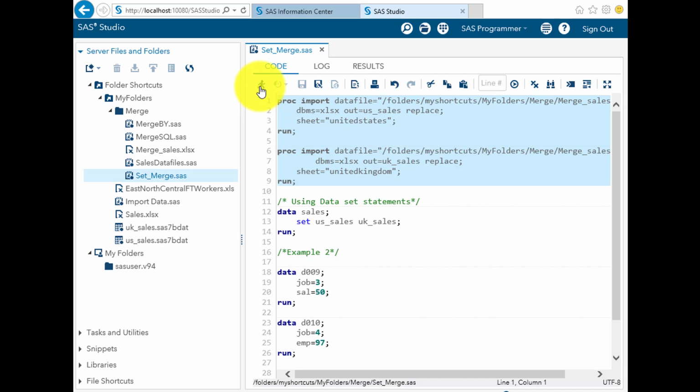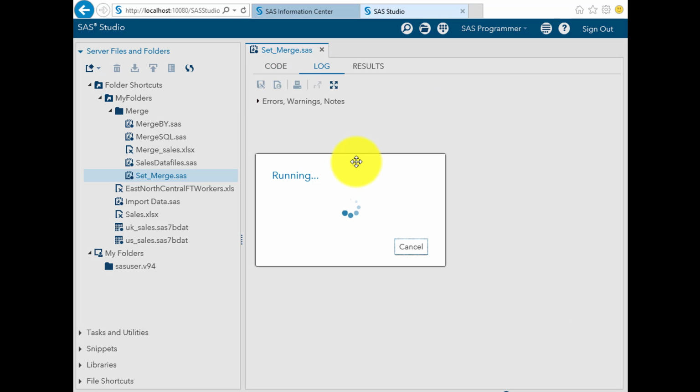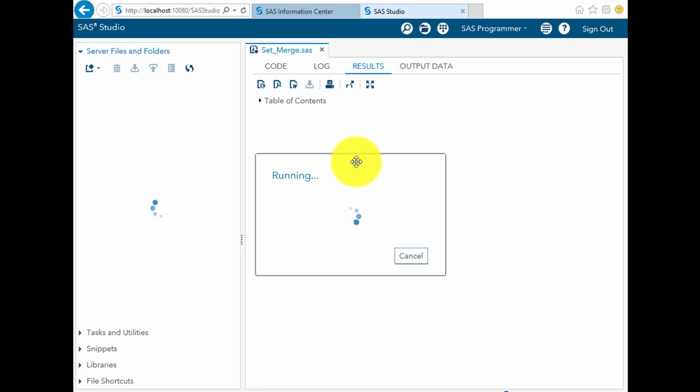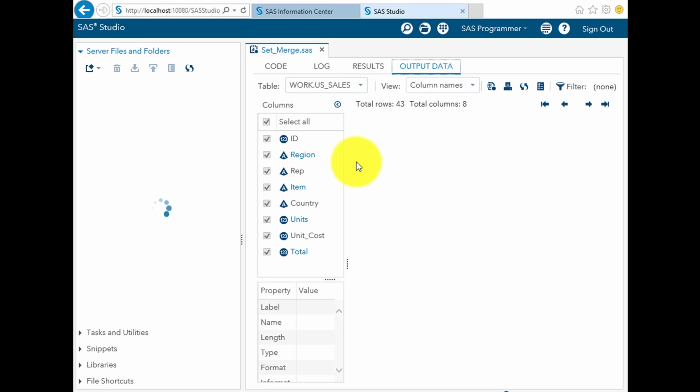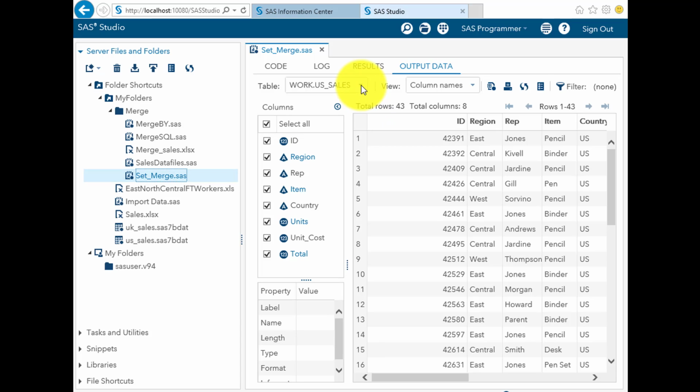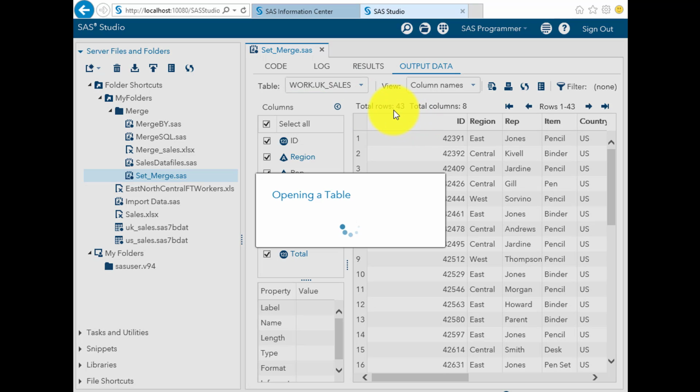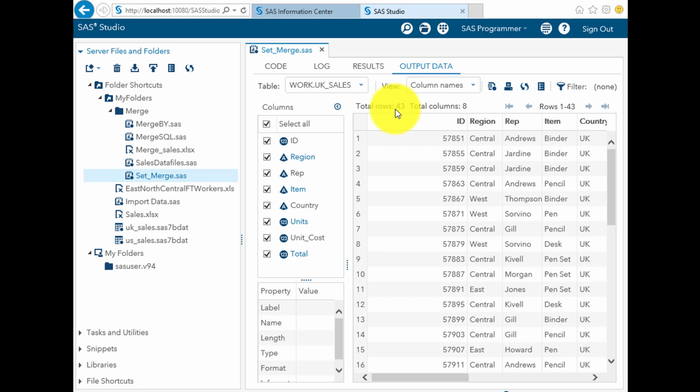Let me first import both the files. Both files have been imported, and it shows a total of 43 rows and 8 columns. So it's US_sales, and the number of rows is the same for the other file, which is UK_sales.